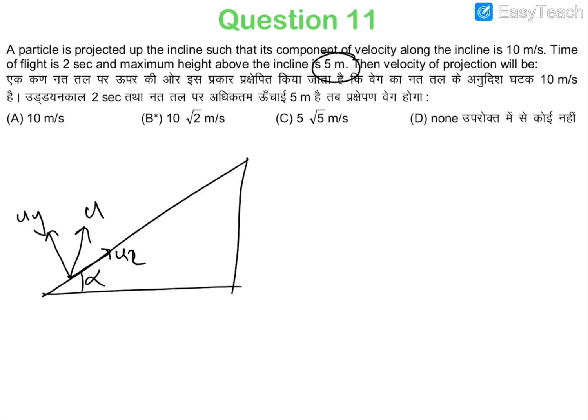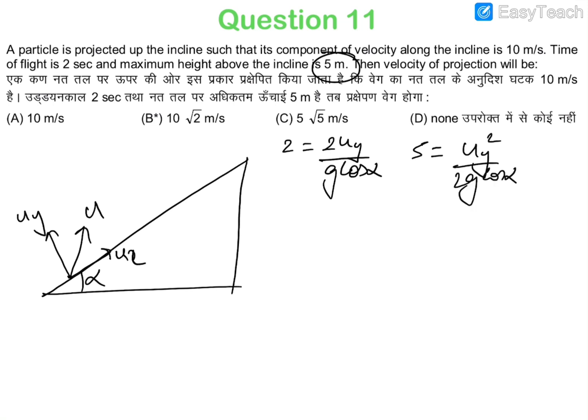So we know that time of flight is 2 seconds, and 2 is equal to 2uy by g cos alpha. And we know that height is 5, so 5 is equal to uy square by 2g cos alpha. Okay, if you can find out the value of g cos alpha, then g cos alpha is from this one,